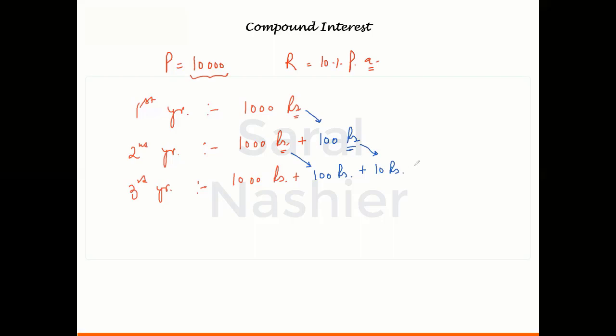And keep this in mind, there is a common mistake that students make: they do not count that you will also get an extra interest on that 1000, which is equal to 100 rupees. So basically you can say, in case of compound interest, the first year's interest is 1000, the second year's interest is 1100, and the third year's interest is 1210. So just look at these values because these are important.